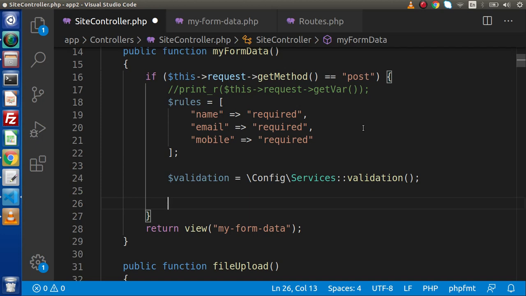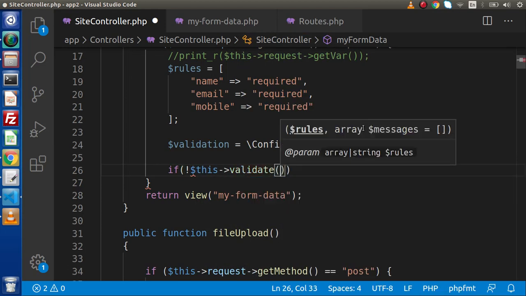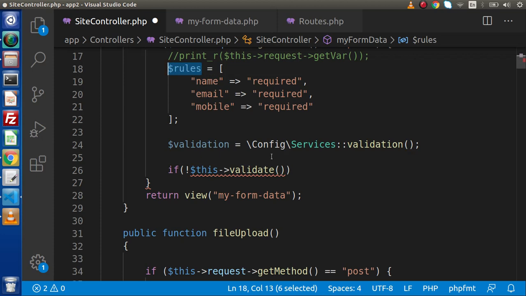We can access all the features of validation to validate our form. Let's create an if, and inside this I am using the not symbol, putting this, and let's say a validate method. Inside this validate method, we simply need to pass the rules as we can see in the IntelliSense box. Copy this rules variable,